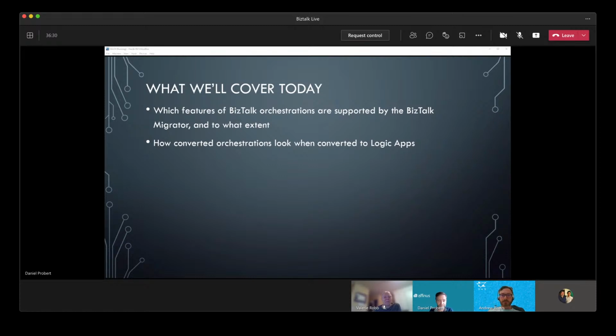But we're going to go through the features of orchestration that are supported and then talk a little bit about how that works. And then what we're going to do is look at some real life orchestrations and then look at how they look when converted to Logic Apps and compare and contrast. So if we want to move on, Dan,